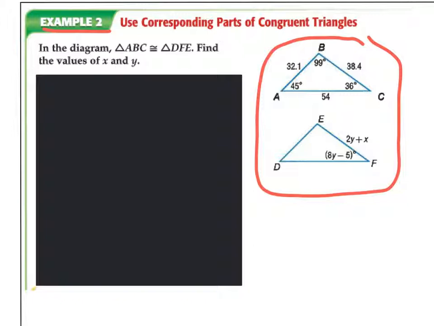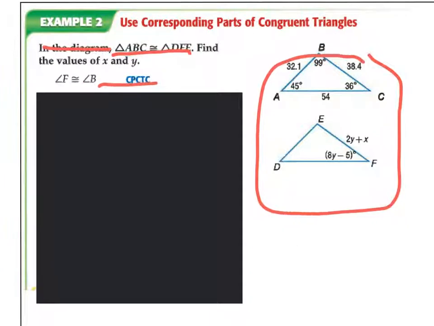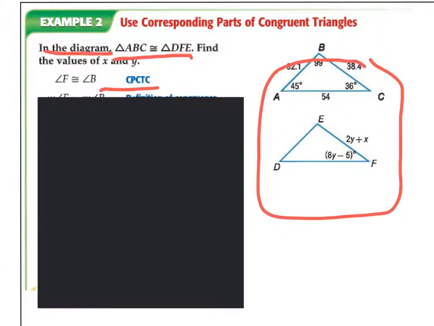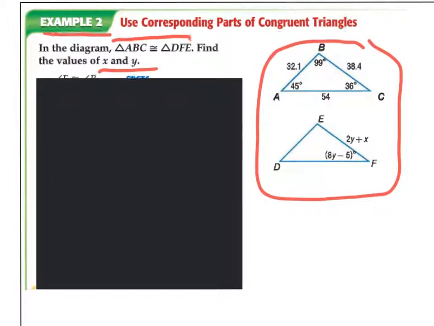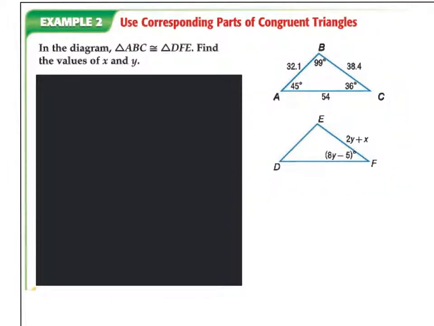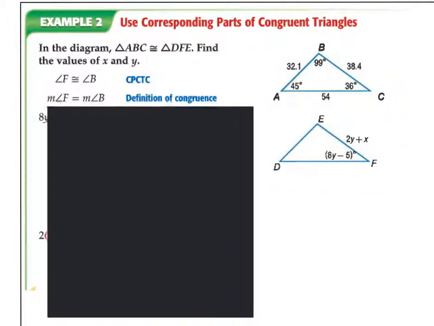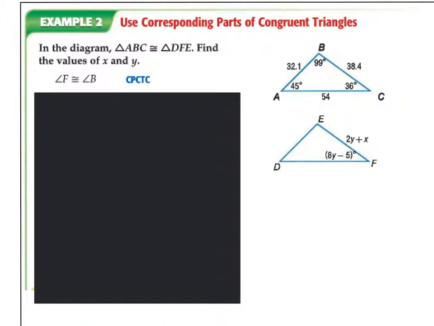First of all, reading the question, it says find the values of x and y. But how do you know what the values of x and y are unless you have a congruent statement? Which I do. So I've got some things that are going to lead into proofs here because we're going to come back to proofs, but let's just kind of reveal them step by step. I think I'm going to have to delete all those circles. All right, so the first thing is that since these triangles are the same,